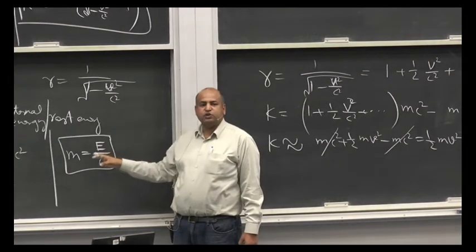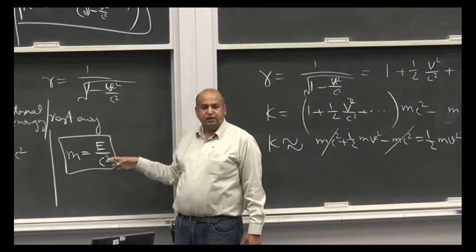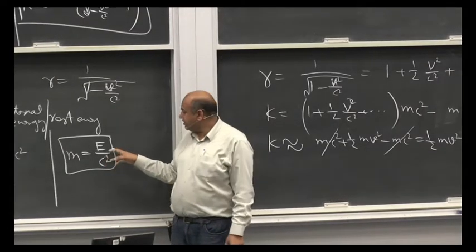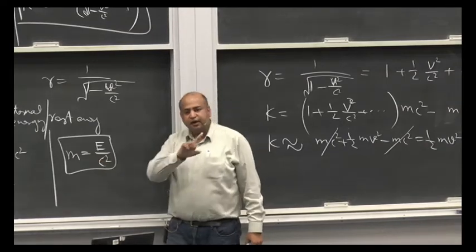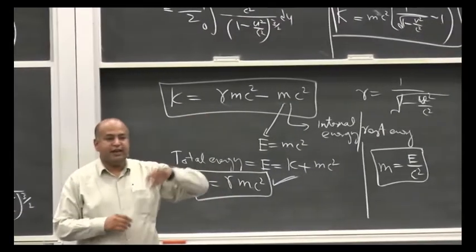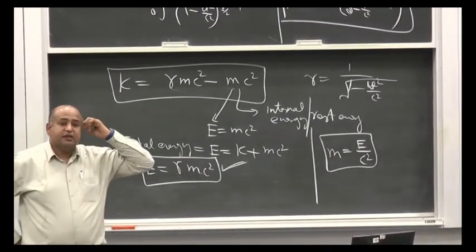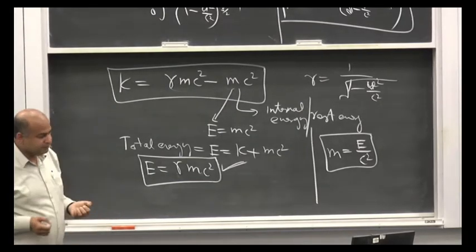c squared is 3 times 10 to the power 8, squared, which is 9 times 10 to the power 16. So it is trillions and trillions and trillions of times smaller in terms of joules going from energy to mass. So that's why the effect is invisible. But not only that, it still explains all the phenomena where energy is produced. For example,